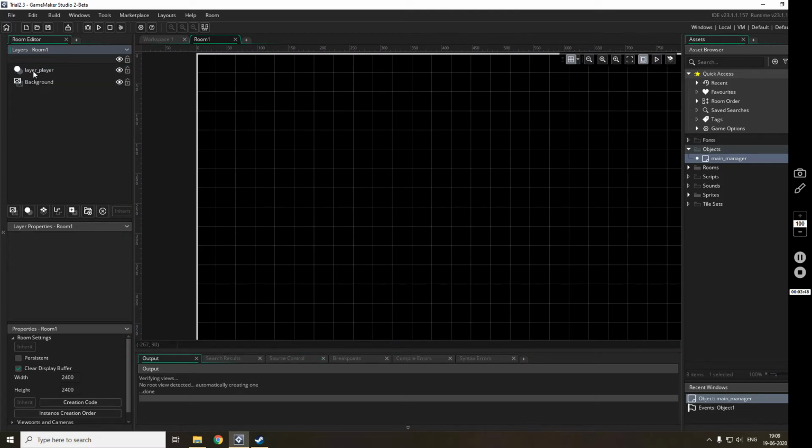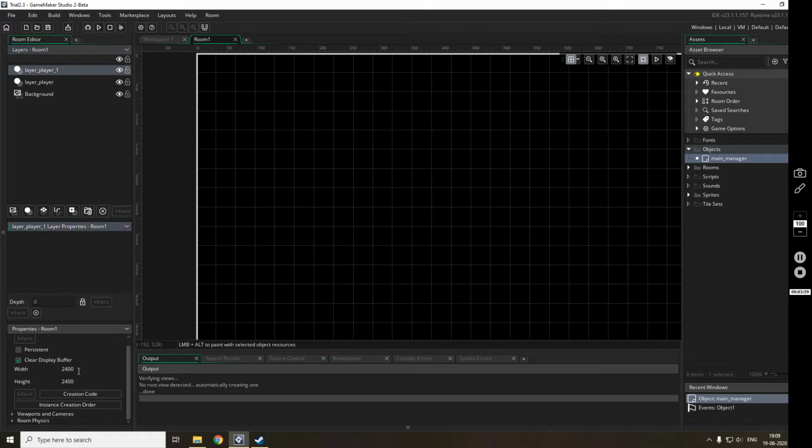This is the first object that will stay in the room, and we'll try that we don't have to drag and drop any other object into the room. All other objects will be placed through code. So this is layer managers.